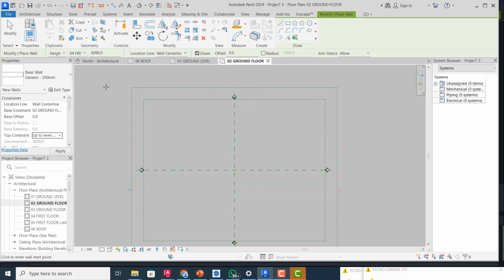So automatically, based on these settings, if you could remember, based on the level settings we did, it is going to be 3 meters height. Very important. This is one very key important setting that you must actually take very seriously. Okay, and then if you look at this here, we have basic wall generic,